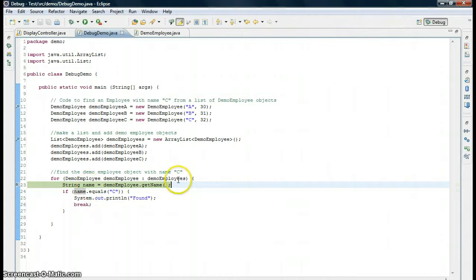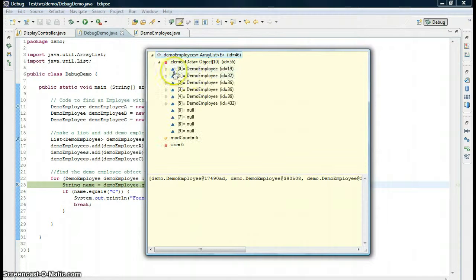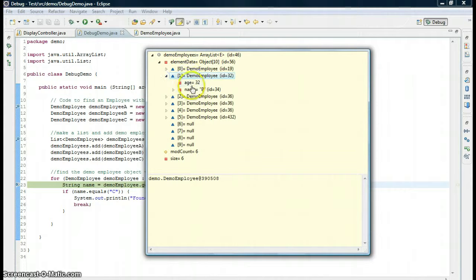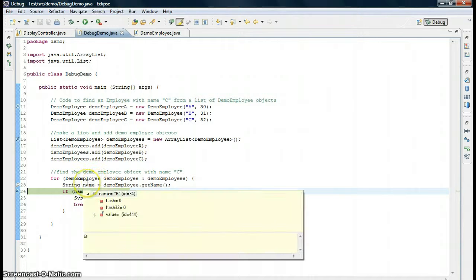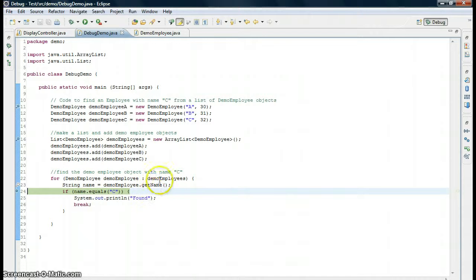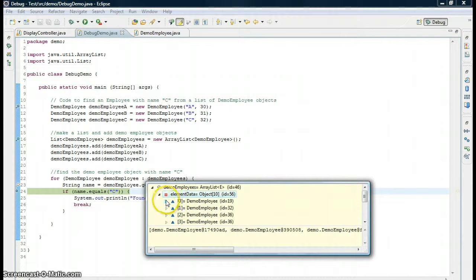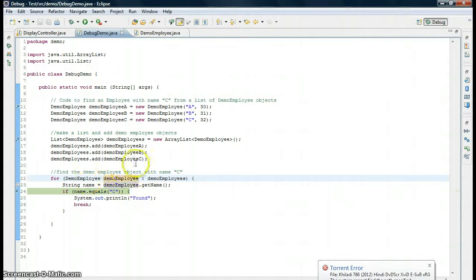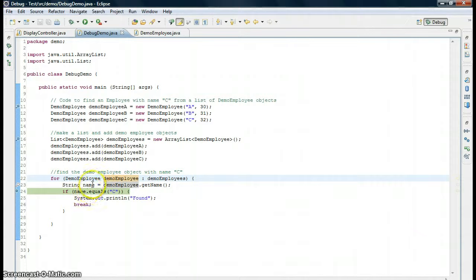The second element of our demo employees was demo employee B, and on this I will get a B here. The first element was demo employee A, but it didn't get stuck at that line name. It is stuck only at the second iteration because we kept the hit count as 2, right? I can still change the debug